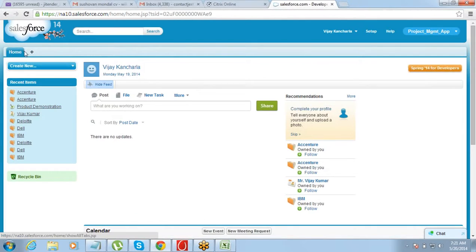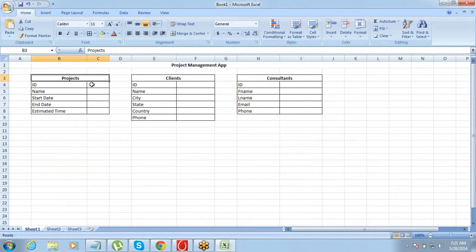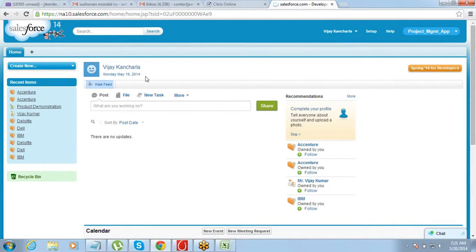I just included the home tab, which was there by default, the mandatory tab. I have created two objects already here, projects and clients. So let me create tabs for these two things and bring them into this app. That is what I have to do.